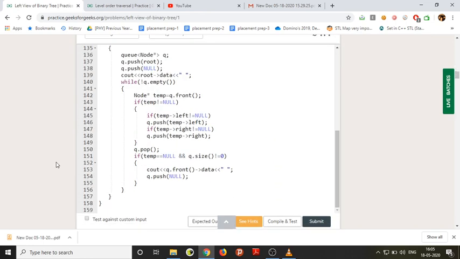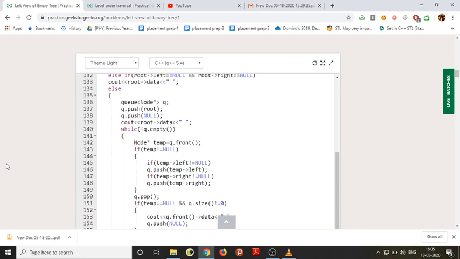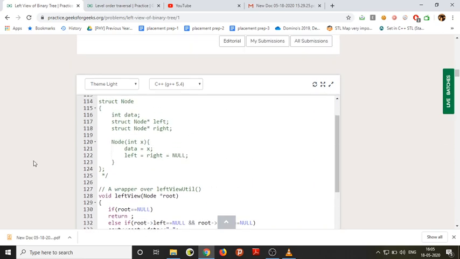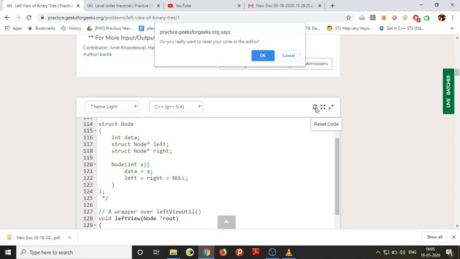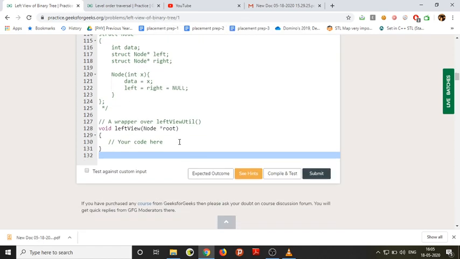I have already written the code, so I'll erase it and think once about how I am writing the code.